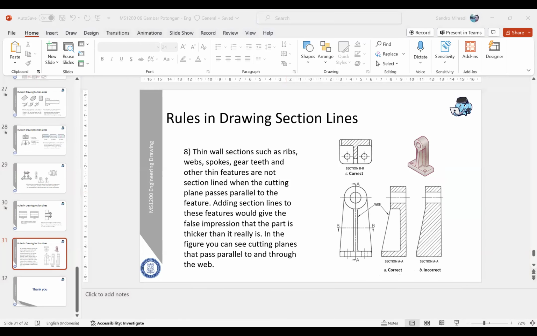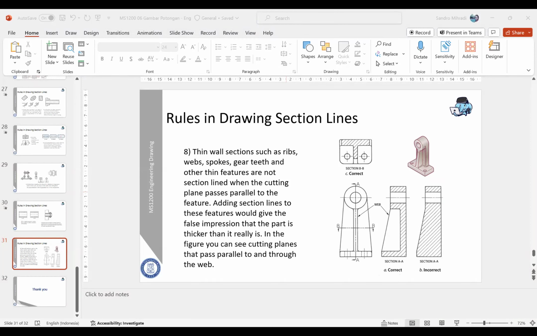Silakan ada pertanyaan, semangat. Ini by the way sudah ngisi absen belum? Sudah ya? Kita ini ada berapa orang sih? Ada yang belum ngisi absen? Saya belum, Pak.